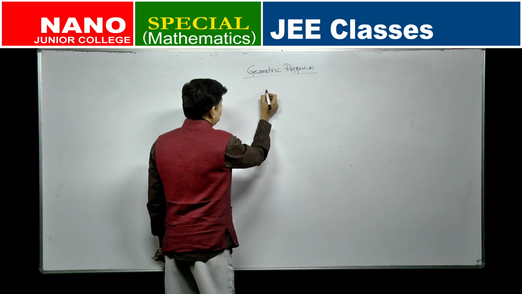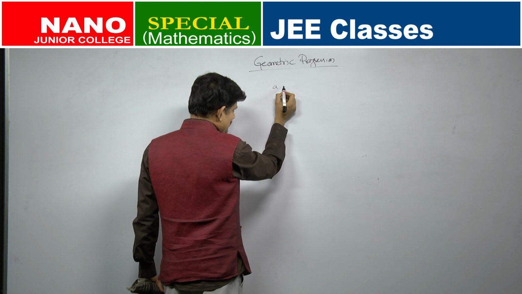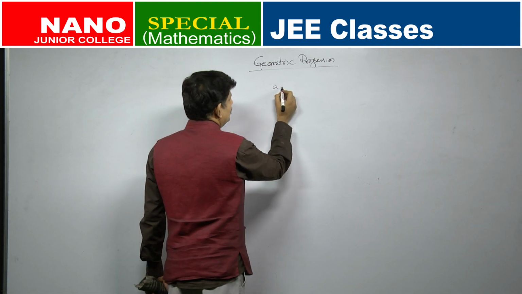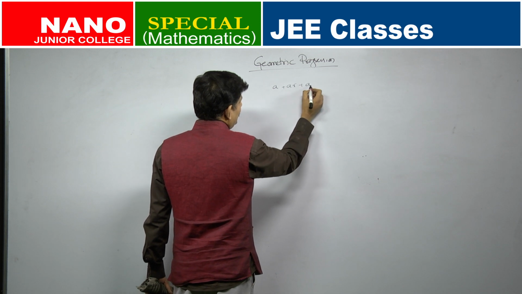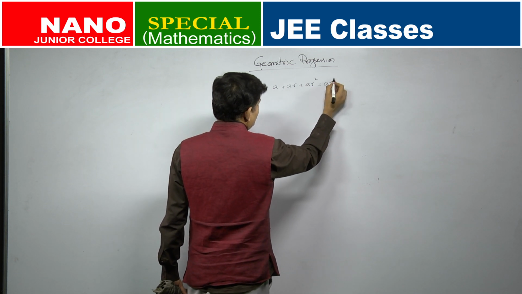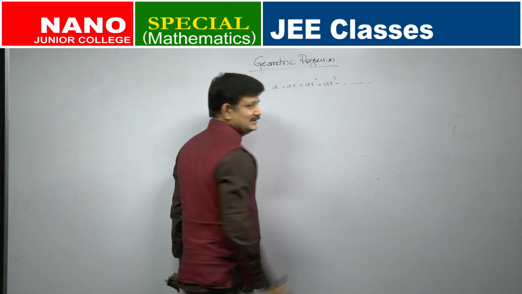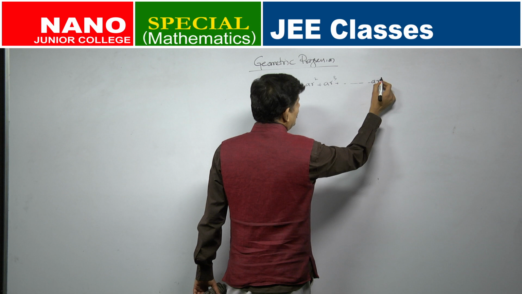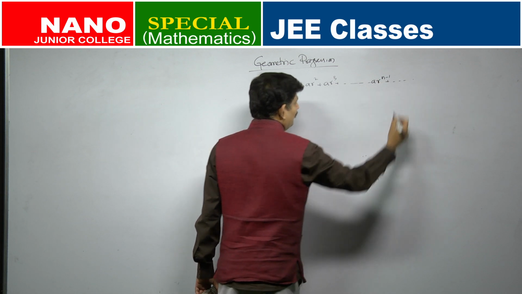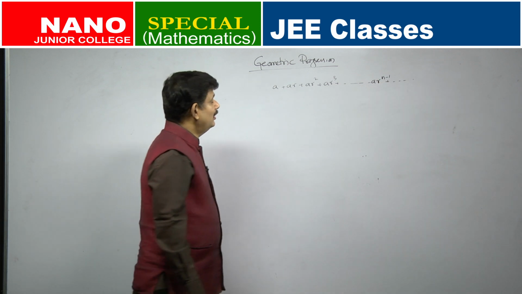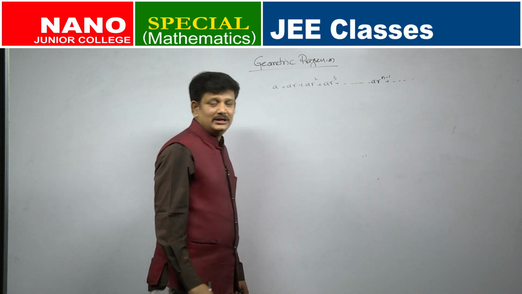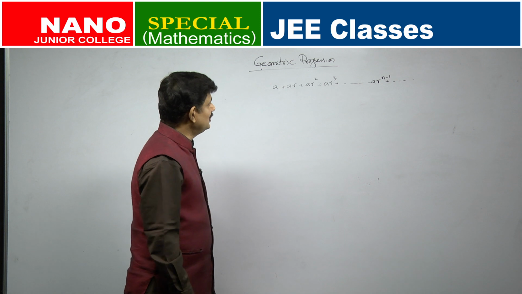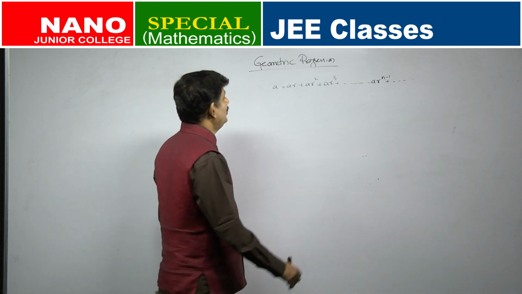So, if you have a series, series means plus, if I write with a comma it will be a sequence, A plus AR plus AR square plus AR cube, so on, extending to infinite terms. So, what will be another term here? A r power n minus 1. What will be the infinitely large term? Now, there are two cases: that infinitely large term can be 0 or it can be infinitely large, it cannot be something in between.